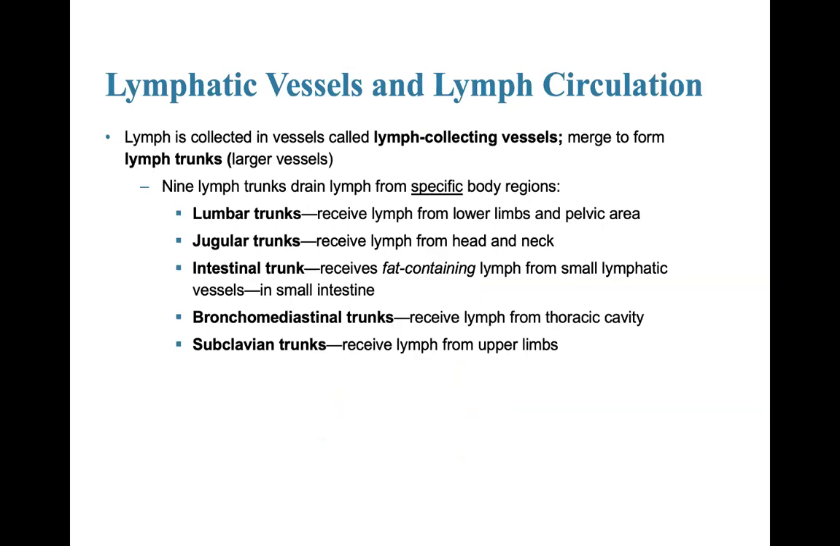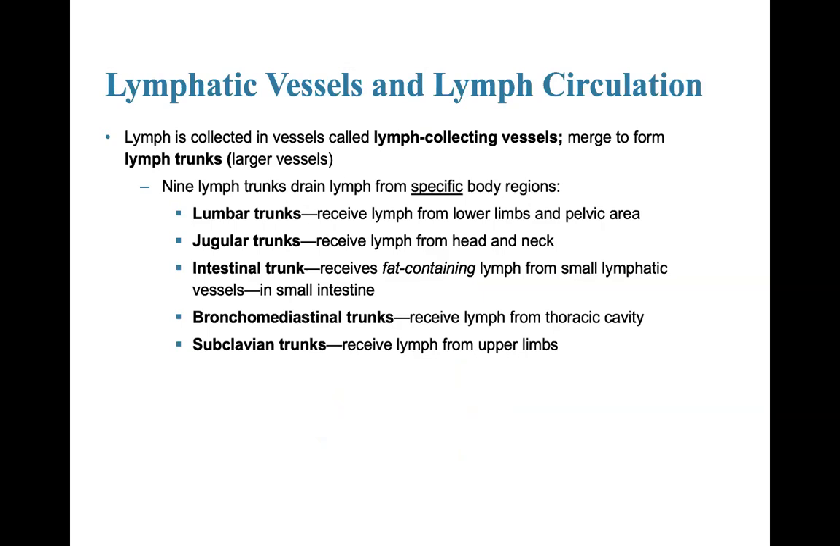Now, lymph is collected into vessels called lymph-collecting vessels, which are going to merge to form lymph trunks. Lymph trunks are just larger vessels. There are 9 lymph trunks that will drain lymph from specific body regions. These include the lumbar trunks, which receive lymph from the lower limbs and the pelvic area, the jugular trunks, which